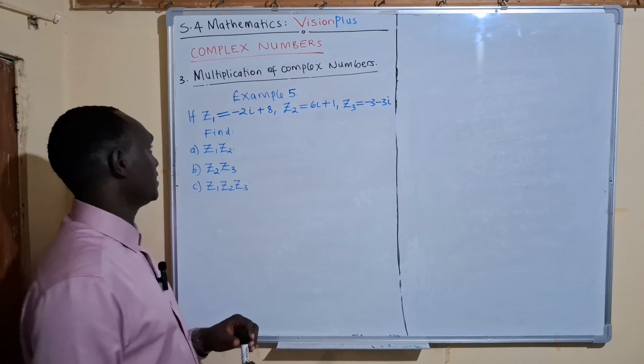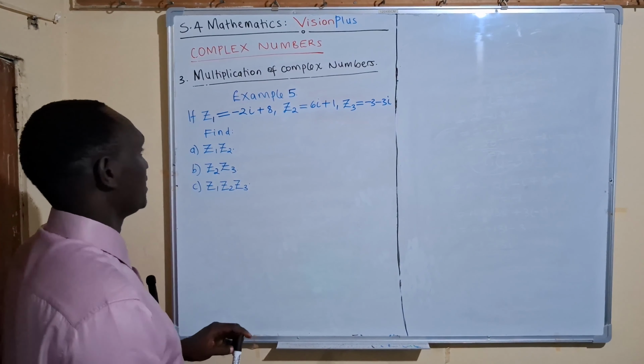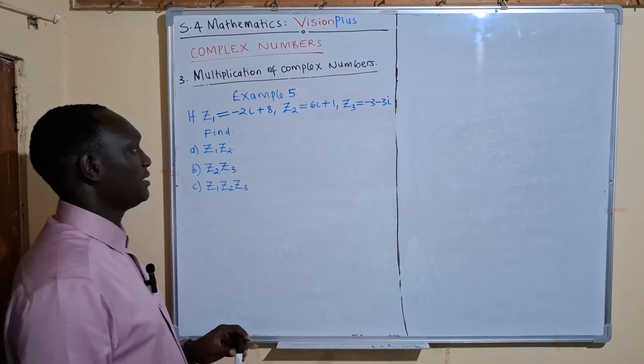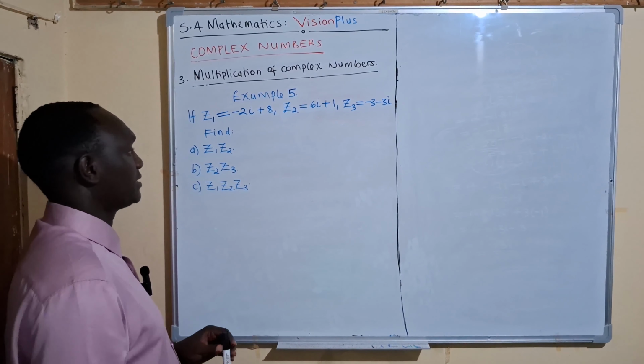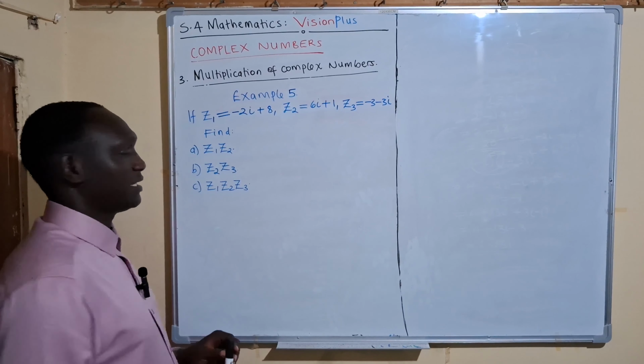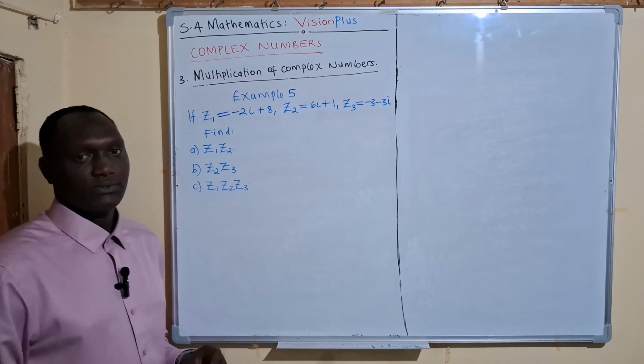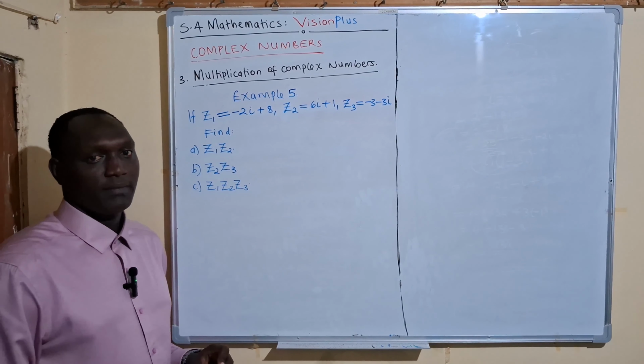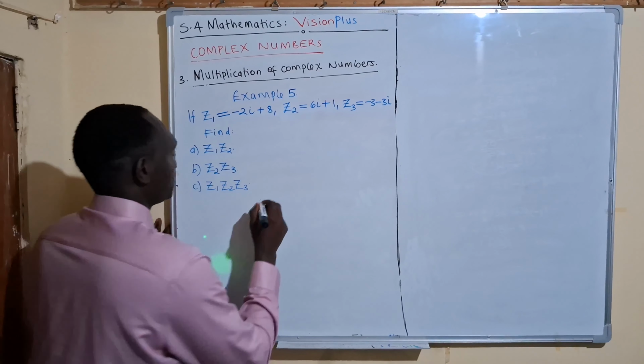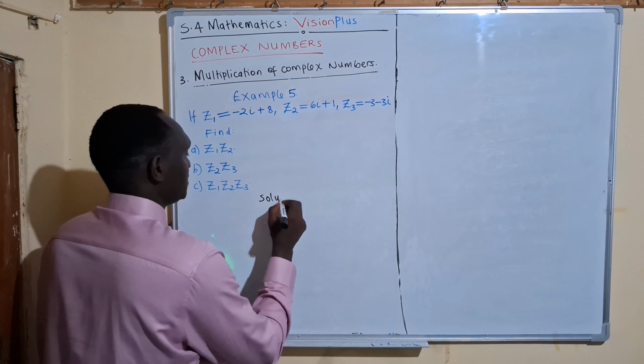Example 5 says if z1 is negative 2i plus 8, z2 is 6i plus 1, z3 is negative 3 minus 3i, find z1 times z2. If they have just said z1, z2, that is the implication for multiplication. So the solution to this example 5 is